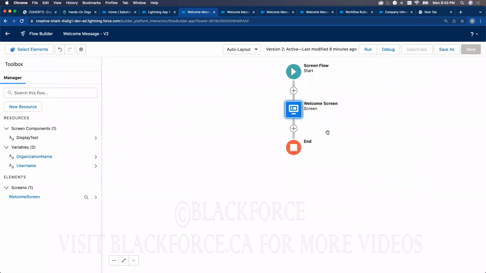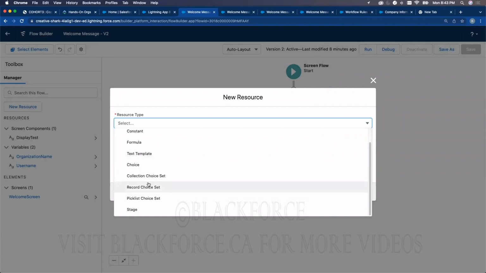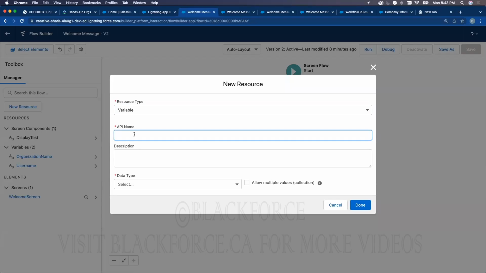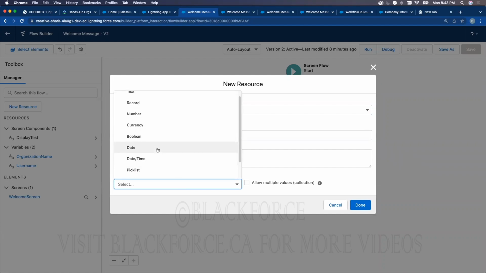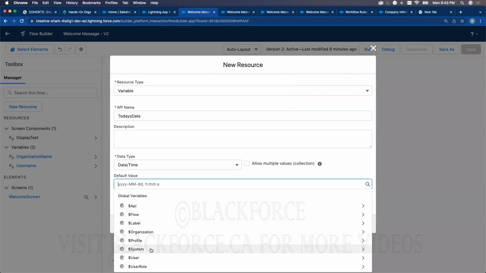As you can see, anytime I'm done, I just click on done. I go back to new resource. I want to create maybe a variable. I can call it today's date. Okay. Then data type would be date, or I can call it date time, depending. Okay. So depending, organization system flow. So you can get